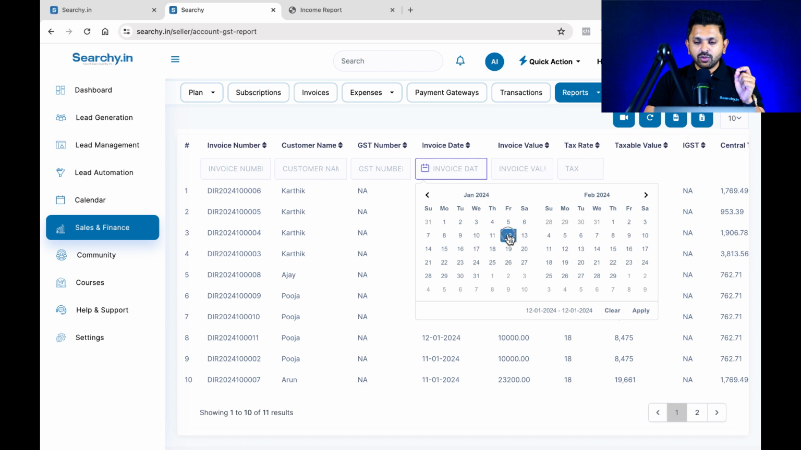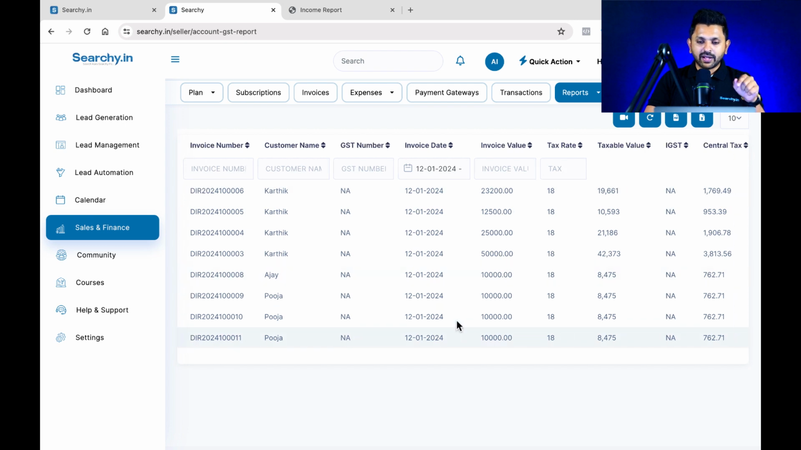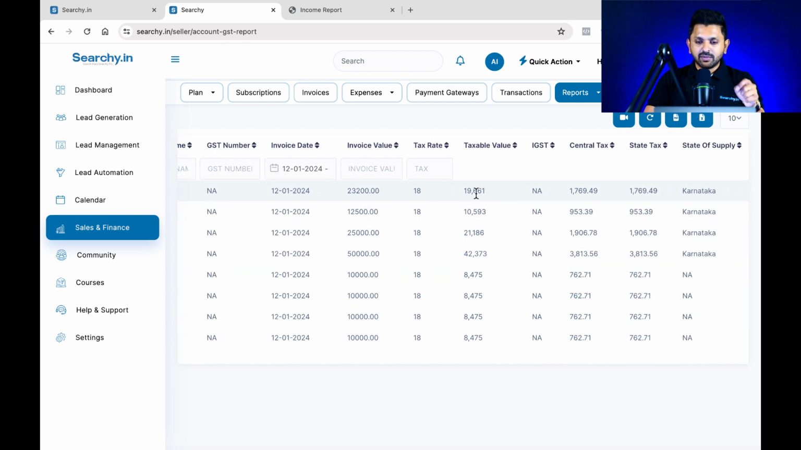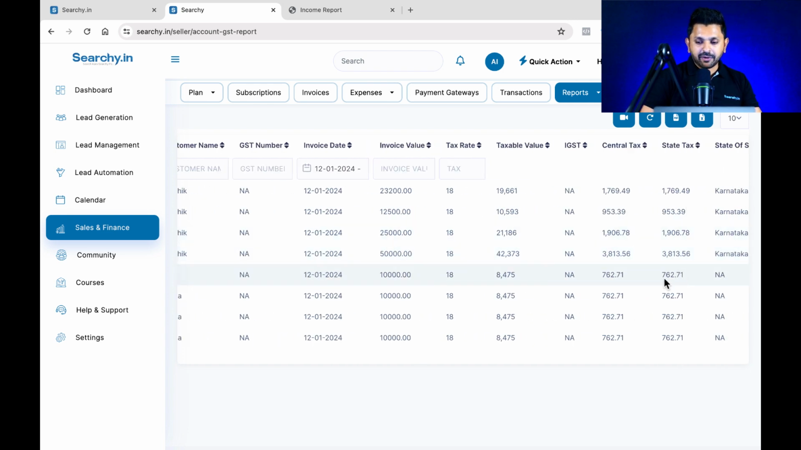You see that if I want to do only 12th, okay, so I'll skip everything else. Just do 12th. It will filter all the transactions on 12th. It will calculate the amount, 18% GST, taxable value will be calculated. It will calculate the central tax, state tax, and state of supply. Because I marked Karnataka for this customer, right, Karthika, it came here. If I did not mark it, then it picks up this default. Okay, you can do that settings as you're doing it,